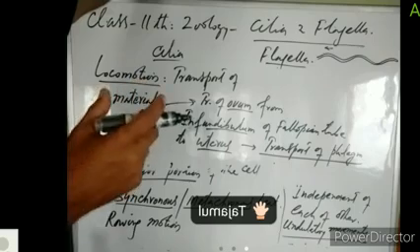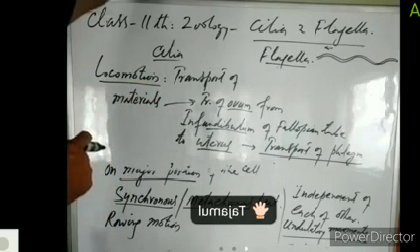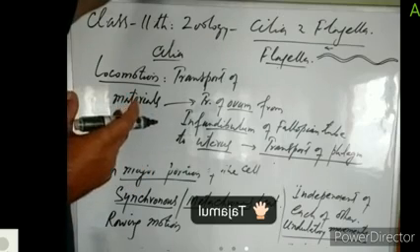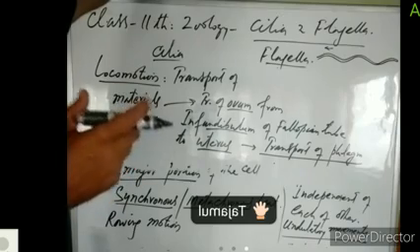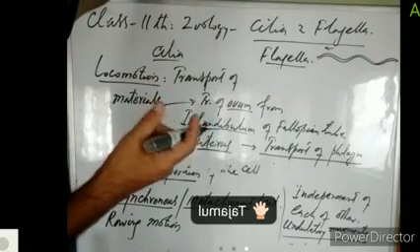Then this dust-laden mucus is removed from the respiratory tract with the help of our ciliated epithelium. In our respiratory tract, there is pseudostratified ciliated epithelium. So the cilia beat, they propel this dust-laden mucus towards the larynx. When it reaches the larynx, it causes some irritation and a cough reflex is generated. And by that cough reflex, we spit it out in the form of phlegm.